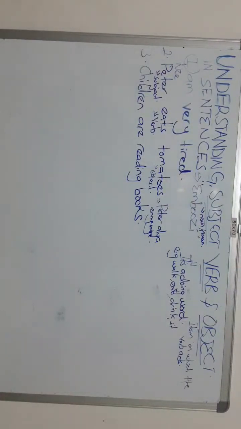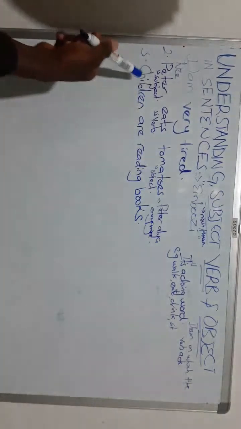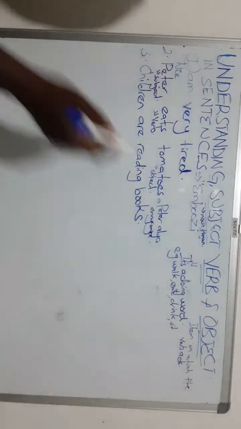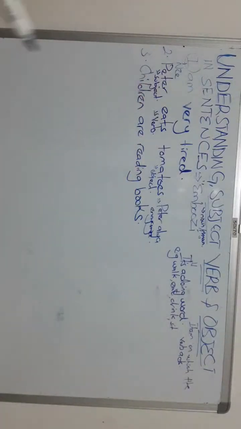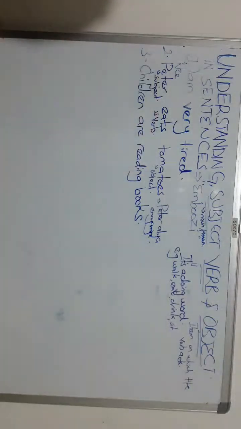Hope we are together. Can you please send your answers and I see? In this sentence, children are reading books. I'm giving you just a few seconds. Children are reading books. What is my subject? What is my verb? And what is my object? Subject yange mweno sentence. Abaana bali kusoma bitabo.